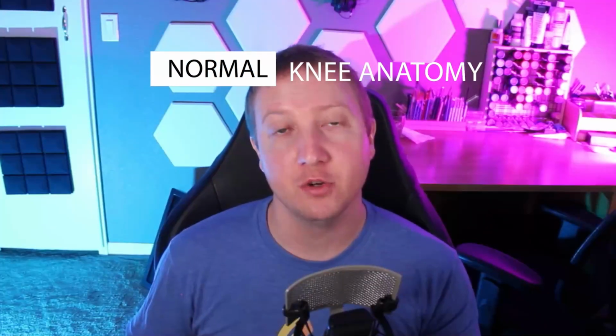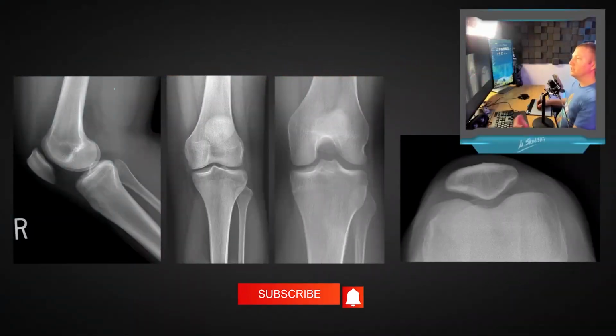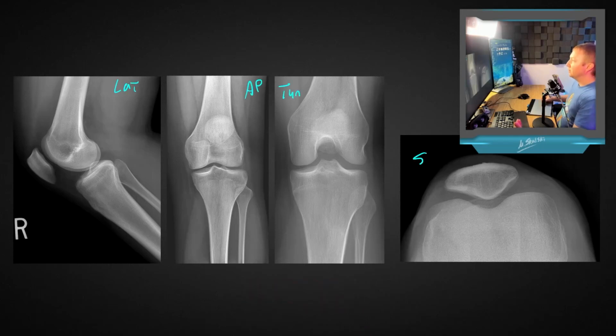Hi, I'm Dr. Matt Skalski, and in this video I want to go over the normal radiographic anatomy of the knee with you. So to start here, these are the four most common views that you're going to encounter, which are your lateral view, your A to P view, your tunnel view, and your sunrise view,